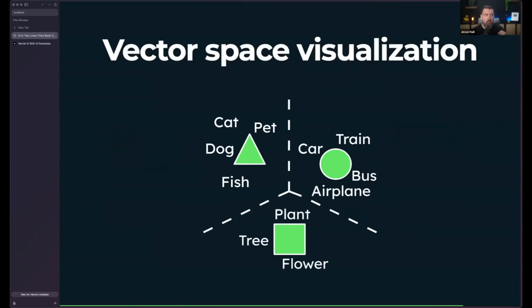Right? And so what is the purpose in doing all of this, plotting all of these things? This is how we gain that extra context through something called vector search. So when we ask the LLM something that it doesn't know, it can take our question, embed it as well, put it into this vector space, and then find the closest answers to that question. Then it retrieves that and brings that extra context back into the prompt for the LLM to answer. So that's kind of how all of that works.